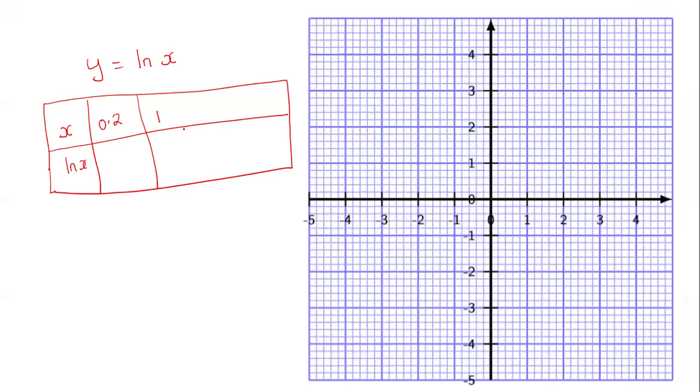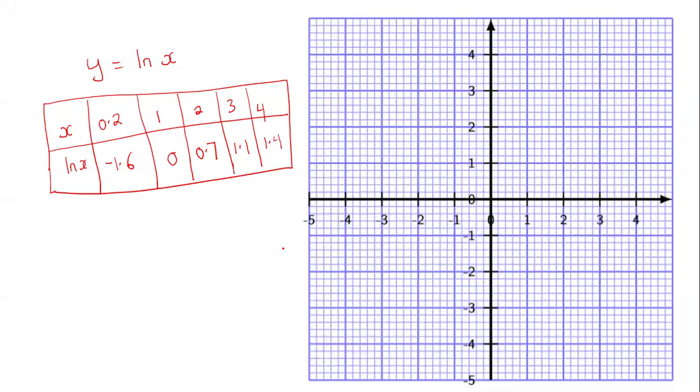I can use my 1, I can use my 2, I can use the 3, I can use the 4. Yes, I can use any of those values. Now, when you place your calc, ln of 0.2, my calc will give me negative 1.6. When I place ln of 1, I'll have my 0. Ln of 2, I have my 0.7. Ln of 3, I have my 1.1. Ln of 4, I have my